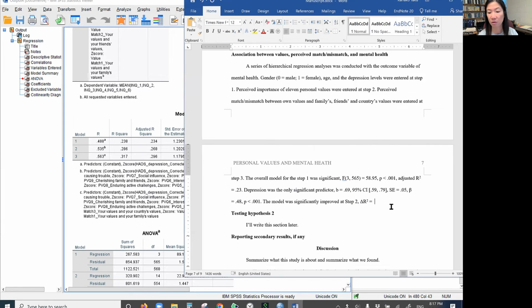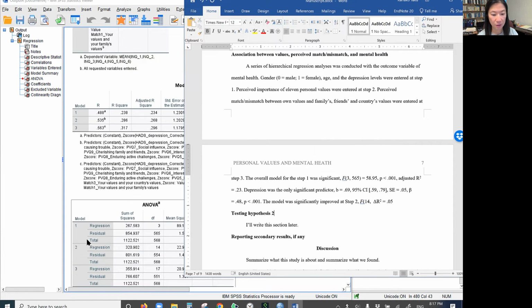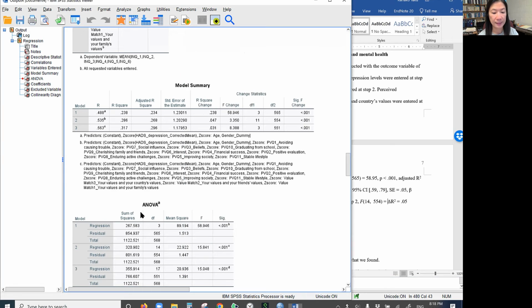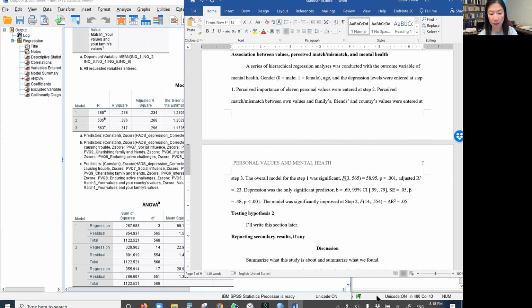What's 0.05? 0.05. F. Now 14, because I added 11 predictor variables. So that makes sense. 14 is still the residual of 554. We got the second model F 15.84.